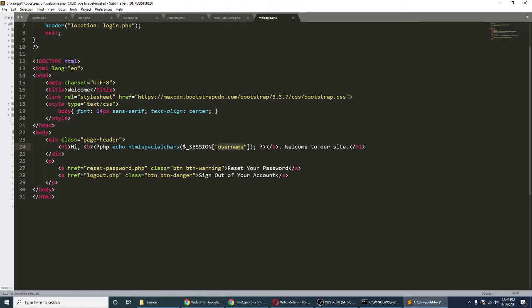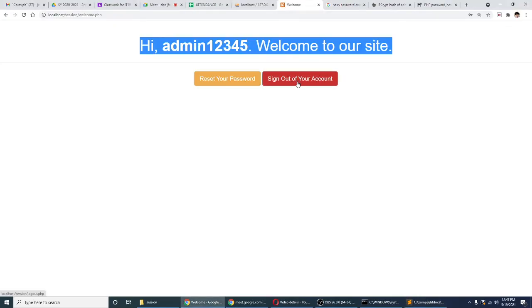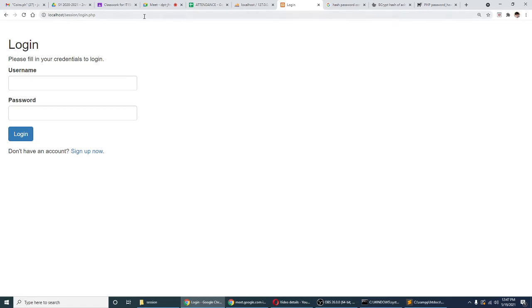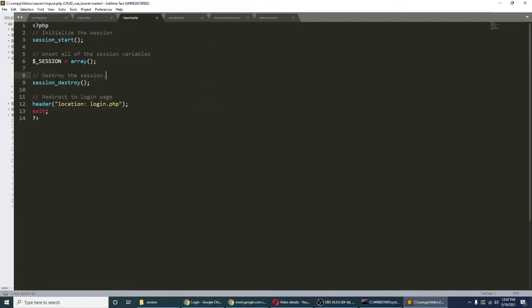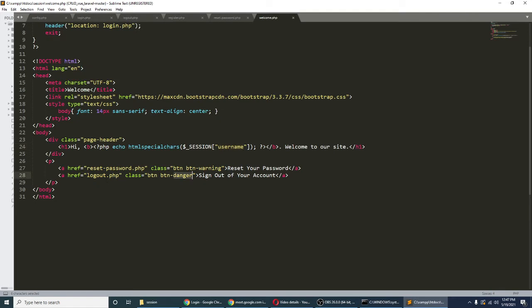Next is we have the reset password, if you want to reset your password, and then we have the logout for session destroy. So once you click the sign out, there will be no value for our session. It no longer has a value or variable, I mean value or data, because it has been destroyed. So like I said, when you click the button log out, sign out of your account,